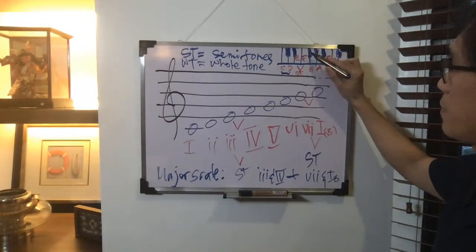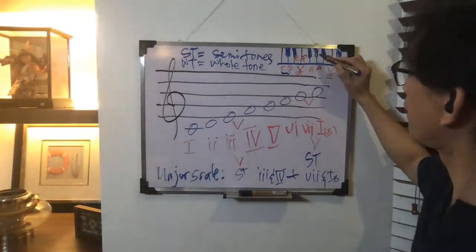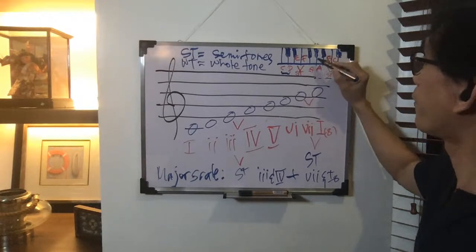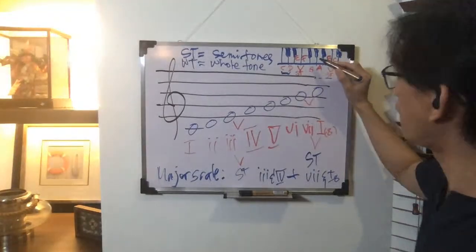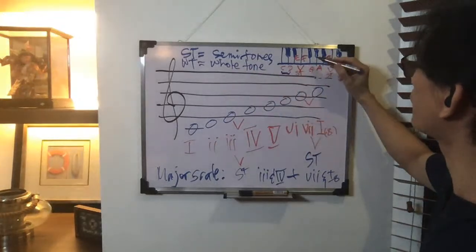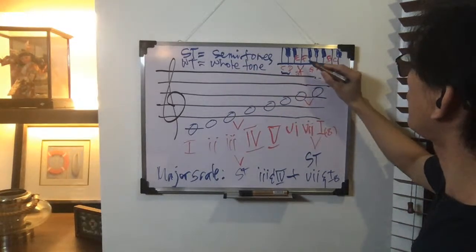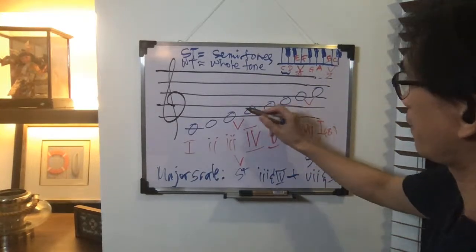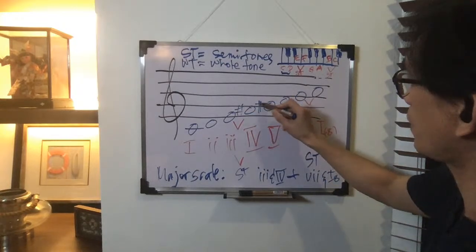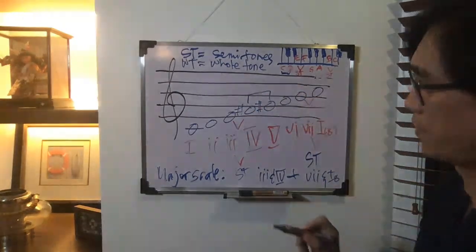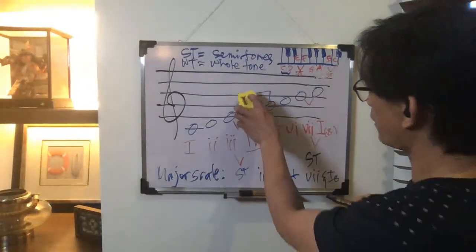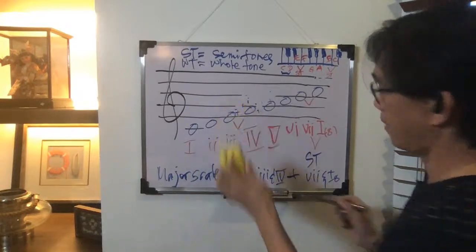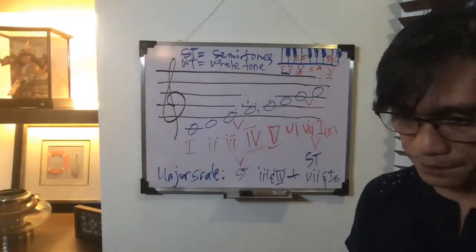So a whole tone could also be between two black keys. So for example, this is F sharp and G sharp. Between these two black keys, there is a white key. So it's also a whole tone interval. Okay, but for this scale, for this diagram, we don't need the sharp. So for C major scale,